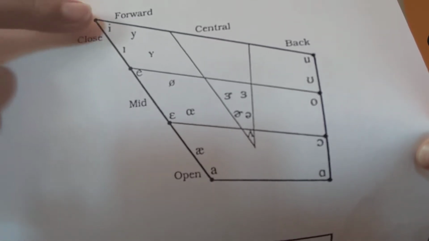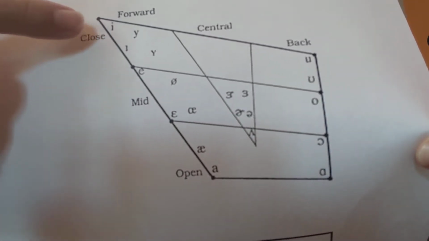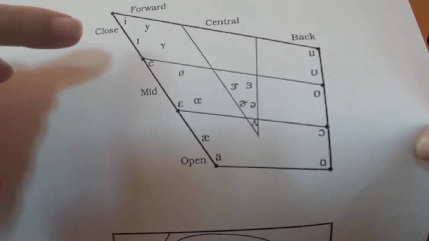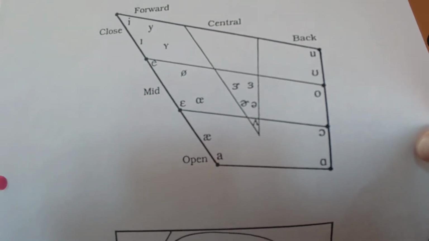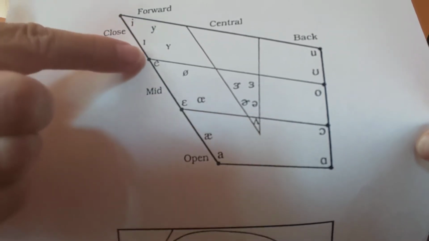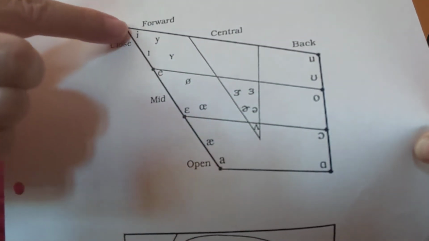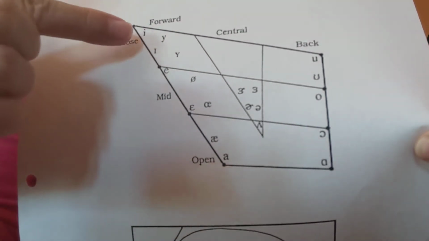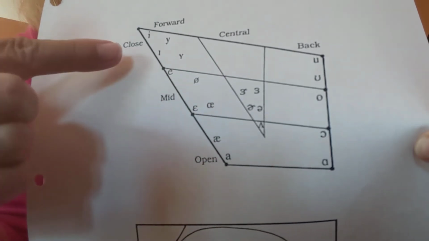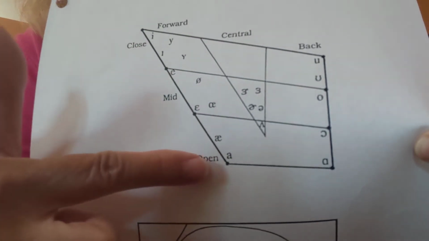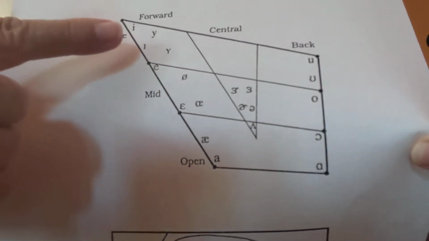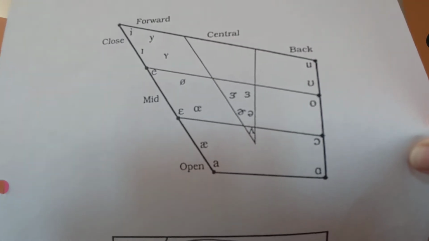So if you start up here and you say with me the vowel sound, and these are international phonetic symbols, but it's pretty easy to understand and you don't even need to be able to read them. What I'm going to do is go from the top to the bottom. This will mean that my tongue is in the highest position here and in the lowest position here. You notice the word close and the word open, and you might feel as if your mouth has more space in it as we move down. So the vowel sounds are